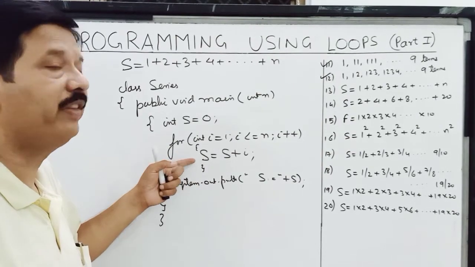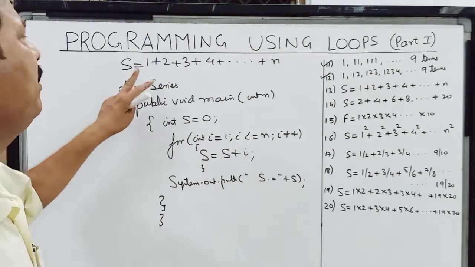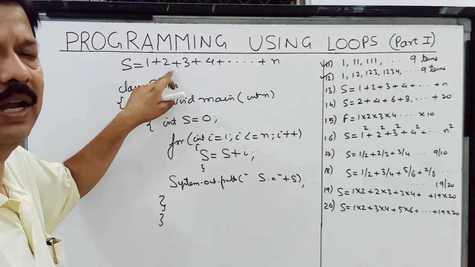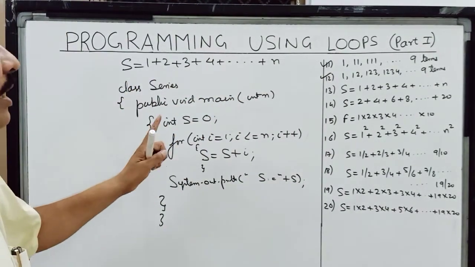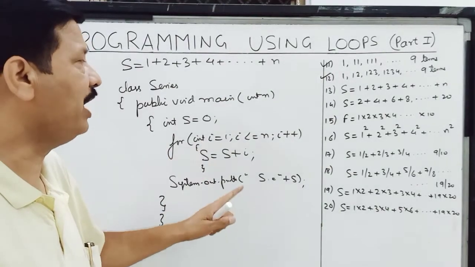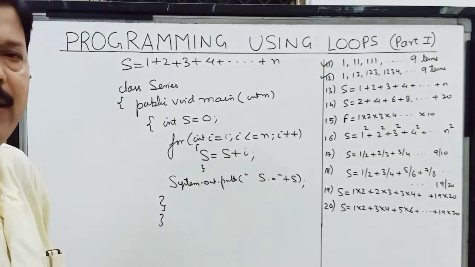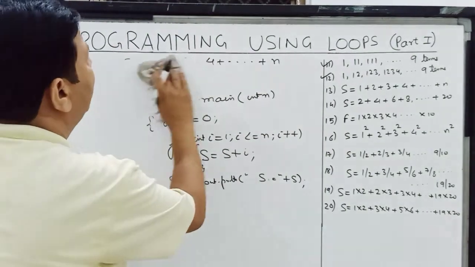If we place it inside the loop, then it will get printed again and again, an intermediate sum. 1 will get added, it will get printed, 2 will get added, it will get printed. That is not what we want over here. We want that the last time when all these values get added up, you get the final output. So children, this is in this particular sum.